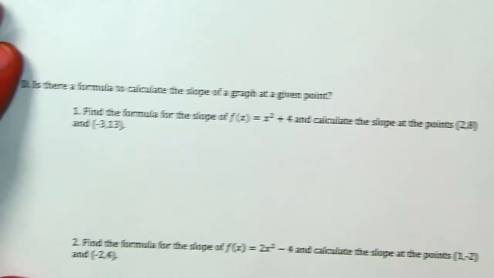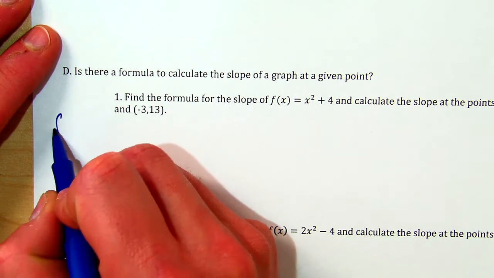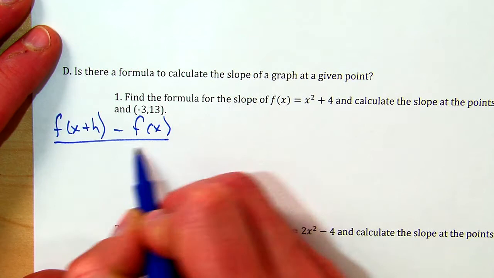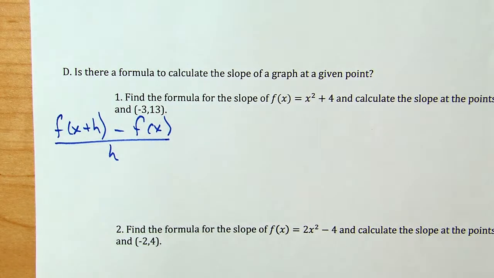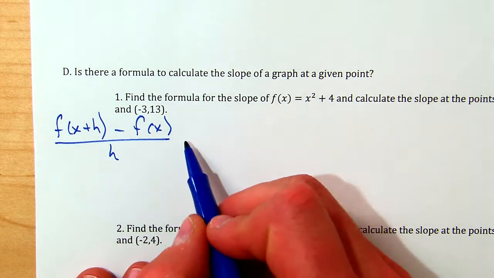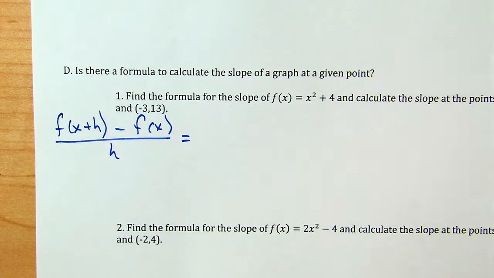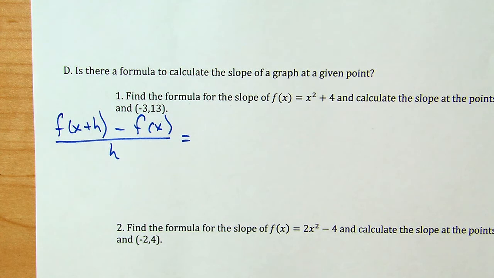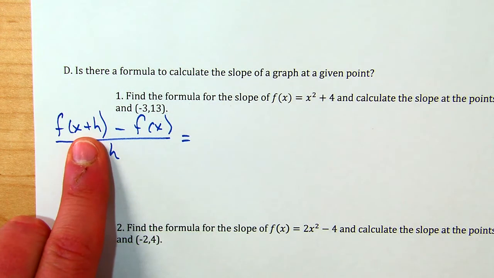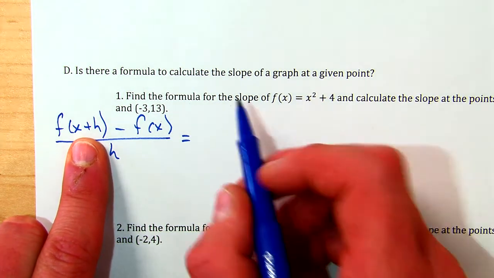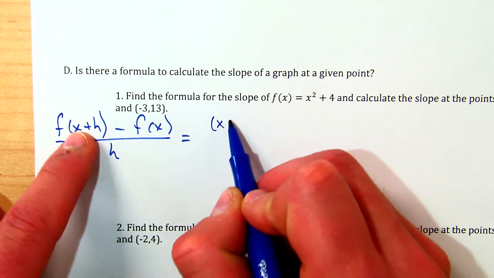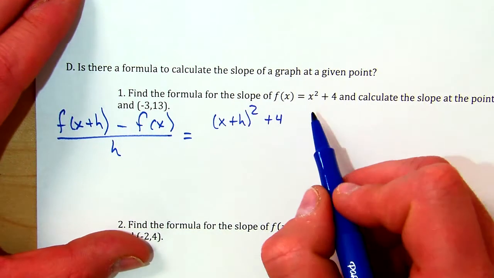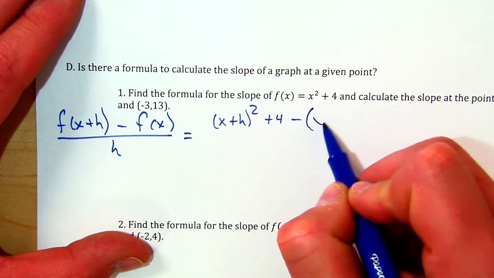So we're going to use the same formula, f(x+h) minus f(x), all over h. It's the limit as h approaches 0, but we're not going to write it to save some time. And we're going to do everything in general form. We're not going to plug specific numbers in. We're just going to use x's and h's and figure out what that final formula is going to be. So I'm going to take x plus h and plug it in right here. So I'm going to go (x+h) squared plus 4, and then subtract the entire function, x squared